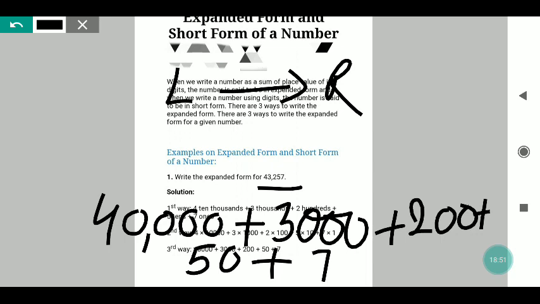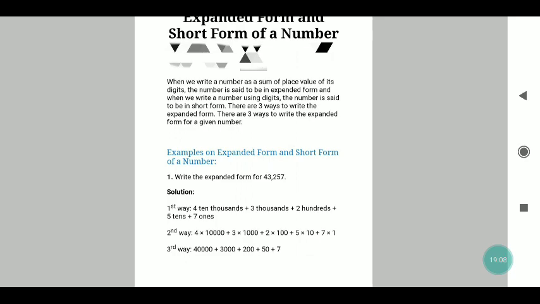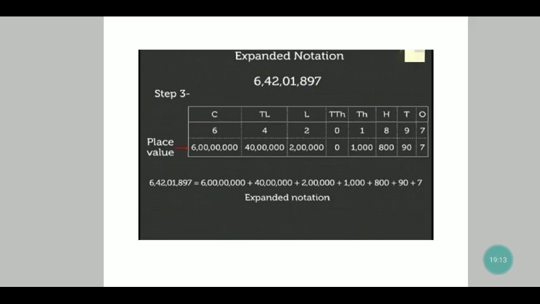So like this we have to put the digits. We have to see that for the number which we are expanding, how many digits are left over after it, and we just have to put that number of zeros there. Isn't it easy? Yes, it is very easy. Now the next one.